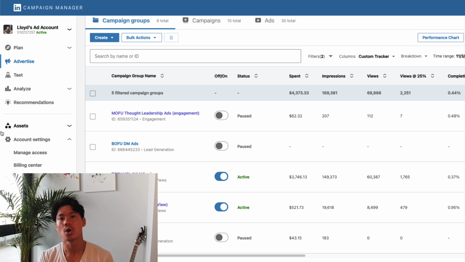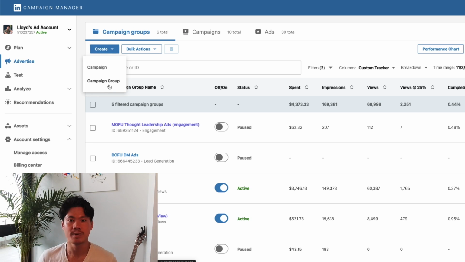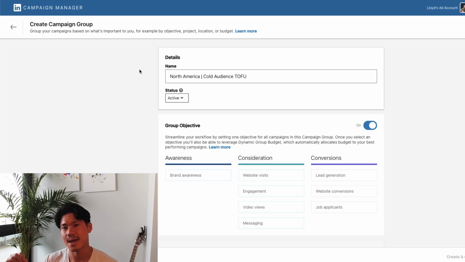All right, now I want to go deeper into every one of these layers so that we could actually build a brand new campaign and a set of ads from scratch. And then I'll also go into all the individual features so that you can see how you can replicate it for yourself. So click campaign group here. All right, so you arrive at the create campaign group section here. And first you can just give it a name. So name it whatever you think your campaign group is going to be doing. So for me in this case, I'm going to just say it's primarily targeted towards North America. And maybe this is a cold audience, top of the funnel campaign. So that's what I'm going to type in here.